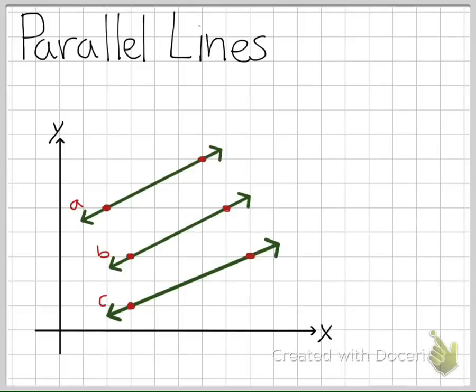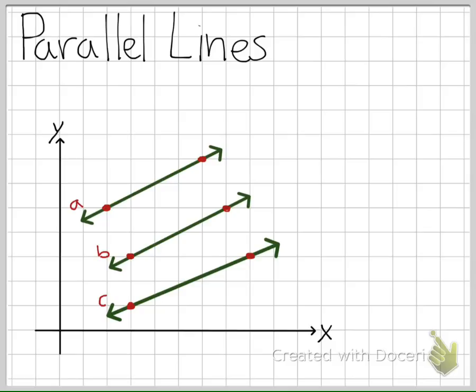If we had graphed some lines and we wanted to determine if they're parallel, we have to consider the definition of parallel lines to help us out. Parallel lines are coplanar lines that do not intersect. Now, all of our lines are on the same plane because we've graphed them, but we want to see if they intersect or not. Now, if they're not going to intersect, by using slope, we know that they have to